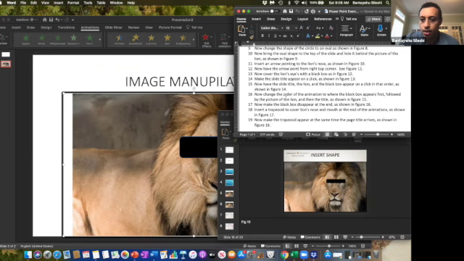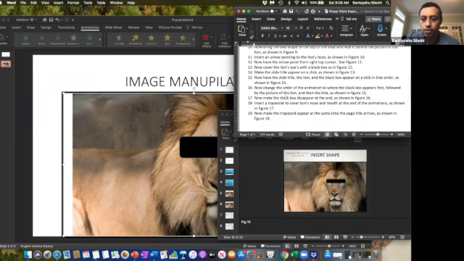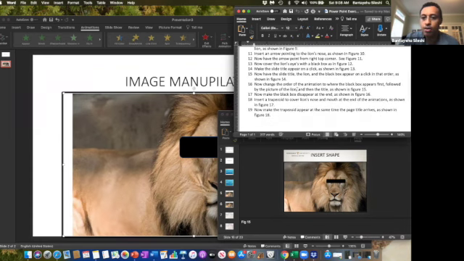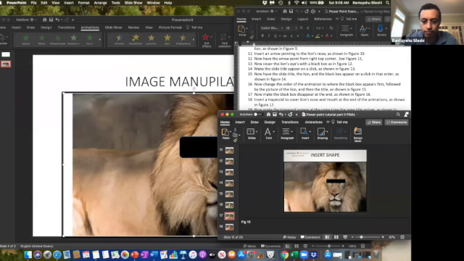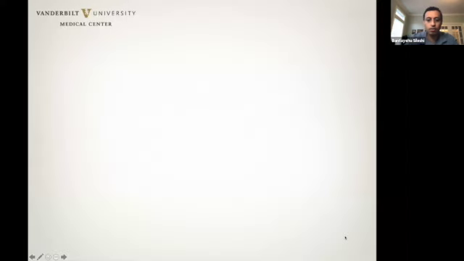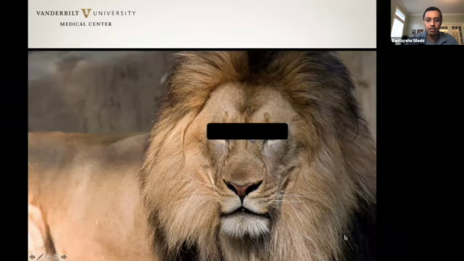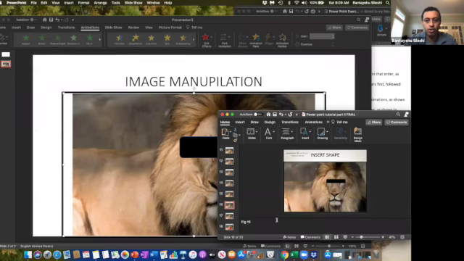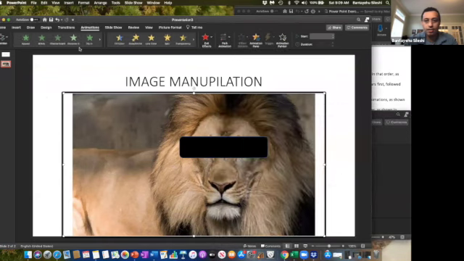Okay, so now change the order of the animation to where the black box appears first, followed by the picture of the lion and then the title. So let's look at figure 15. So we want the black box to come first. We want the lion to come next. And we want the title to come third. Okay. So to do that,